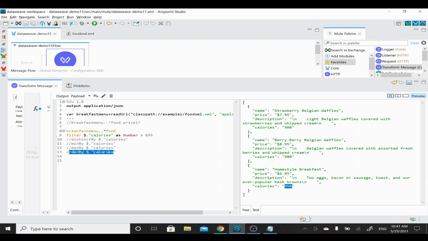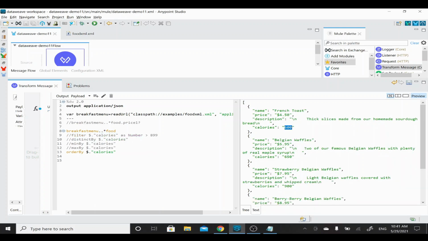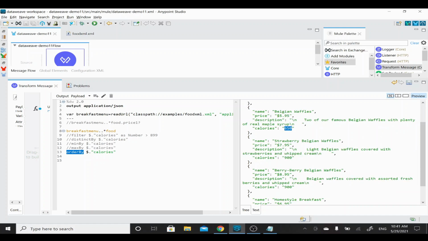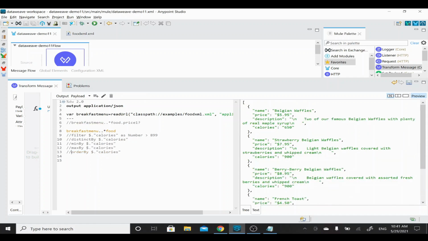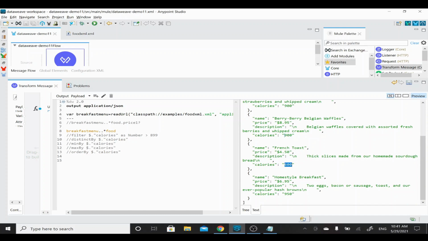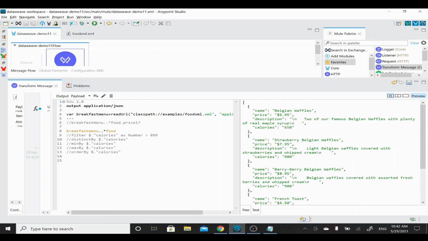Again I'll remove this filter also, so that we'll have more records to work with. I'll remove the filter so that we'll have 5 records. When it's sorted using the orderBy, it's having 600, 650, 900, 900 and 950. Now I'll disable this orderBy. The original records are in a different order: 650, 900, 900 and 600, which is the least one, and 950. It's starting with 650, so if I apply it, it will start with 600, which is the least one.